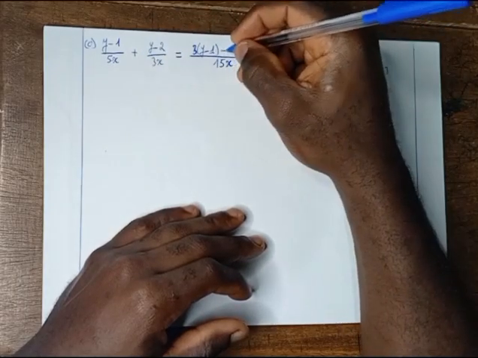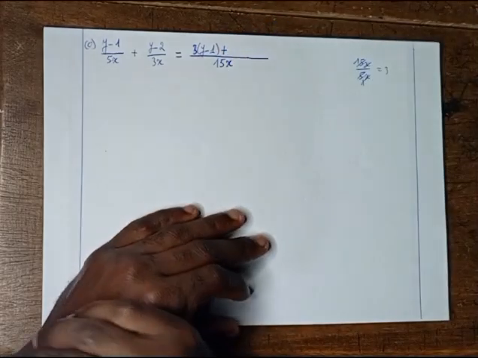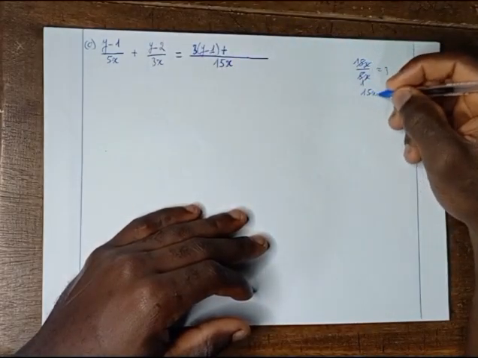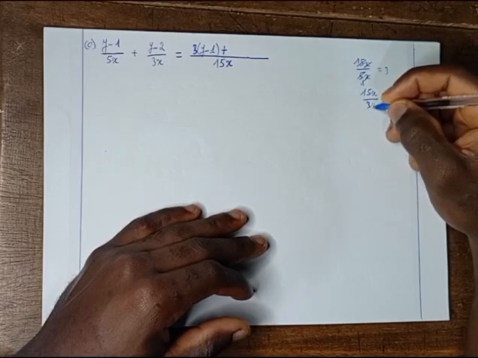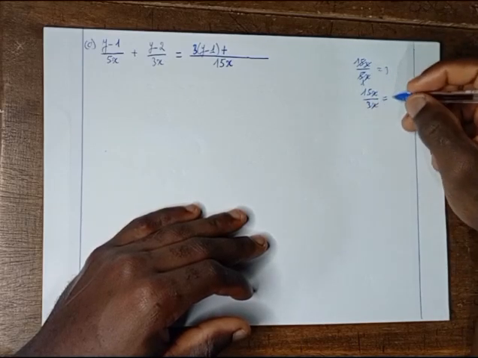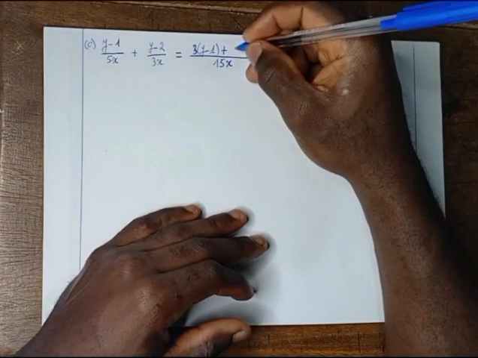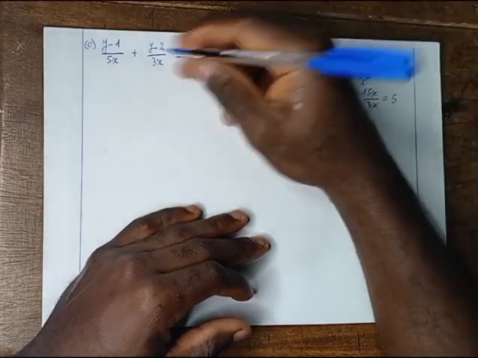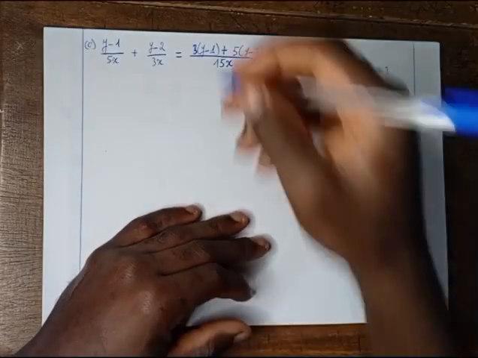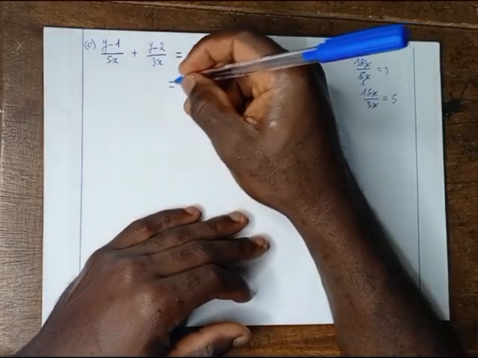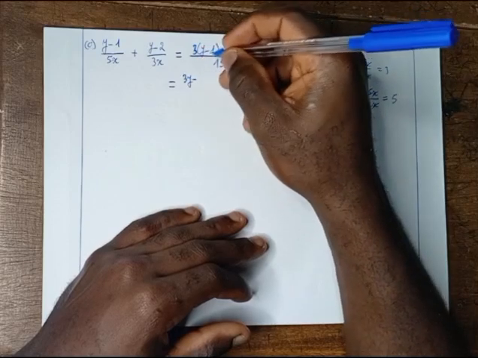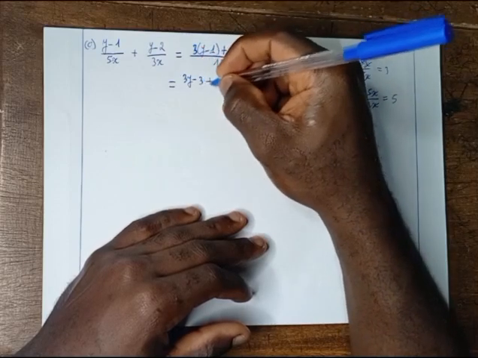We bring down the addition sign. 15x divided by 3x is simply equal to, x will cancel x, 15 divided by 3 gives us 5, plus 5 times y minus 2. Next thing, we are going to expand all the brackets at the numerator. This will give us 3y minus 3 plus